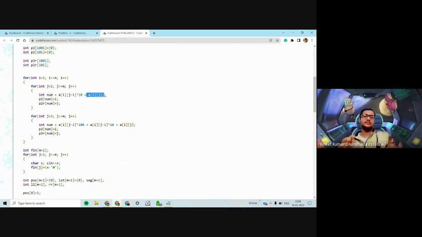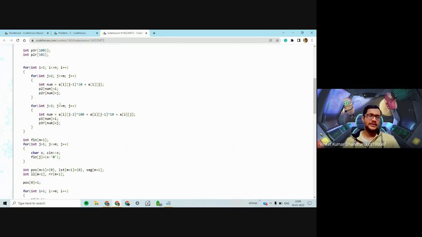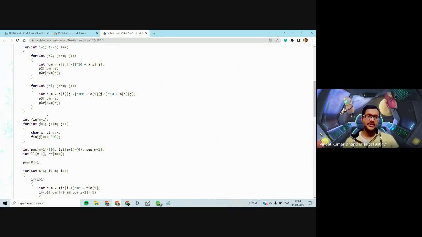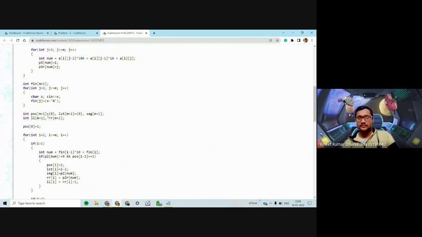This gives you the two characters represented as a single 2-digit number. We denote P2 of that number as i because it's in the ith string, and P2R, the right index, as j because its right coordinate is j. Similarly, we do it for P3. So now we know if a particular number exists or not.